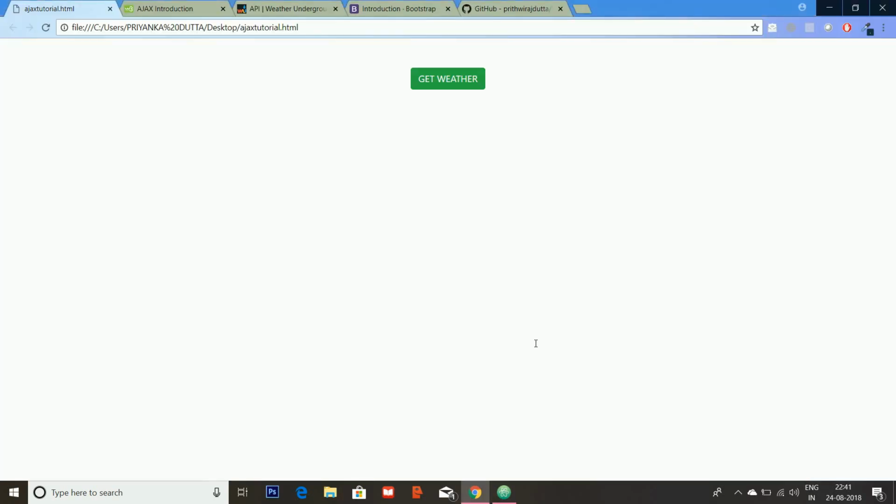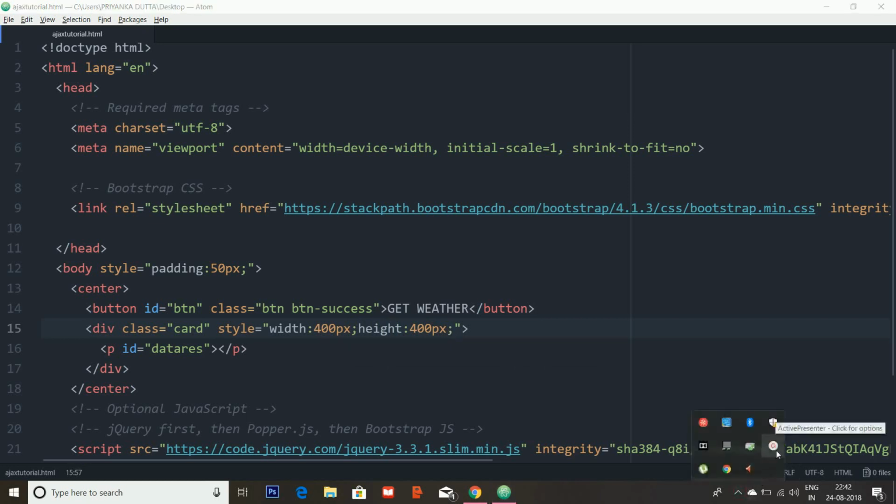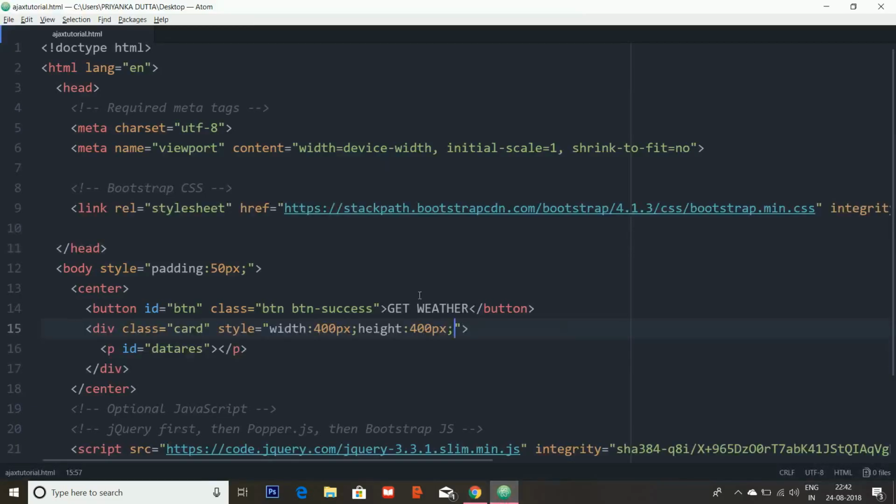So this will be our front end, but I will just give it a temporary styling of, let's say, width of 400 pixels and a height of 400 pixels, so that we have a look actually of a card where we'll get our data, and